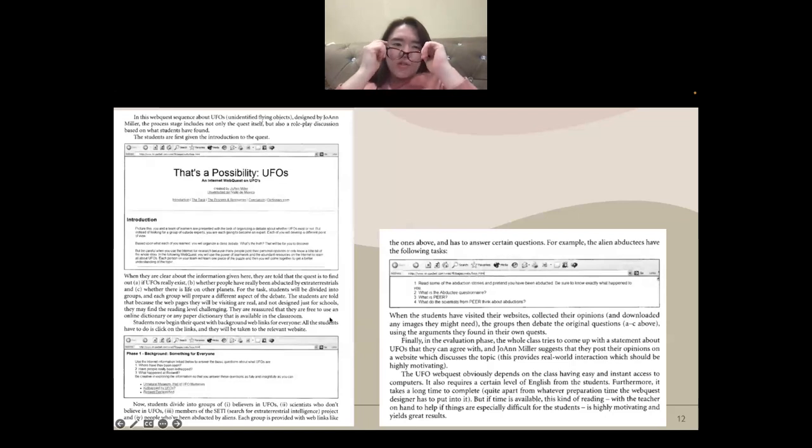So, for example, in this web quest sequence about UFO, unidentified flying objects, designed by Joan Miller, the process stage includes not only the quest itself, but also a role-play discussion based on what students have found. So the students are first given the introduction into the quest here. Then when they are clear about information, they are told that the quest is to find out first if UFOs